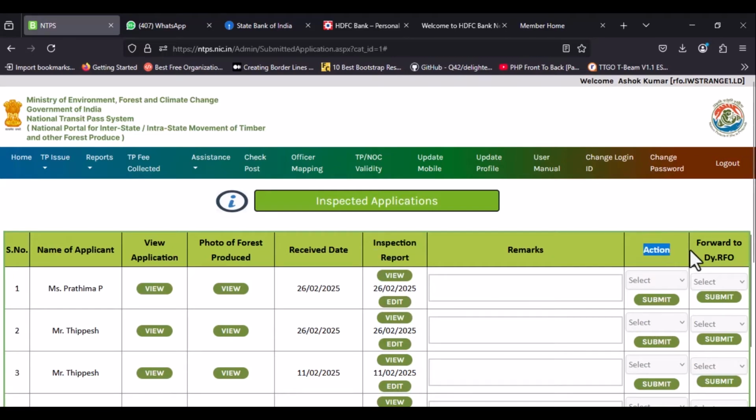Under the Action button, there are 4 options available. Not recommended. The Range Forest Officer (RFO) can select this option to reject the transit pass application.